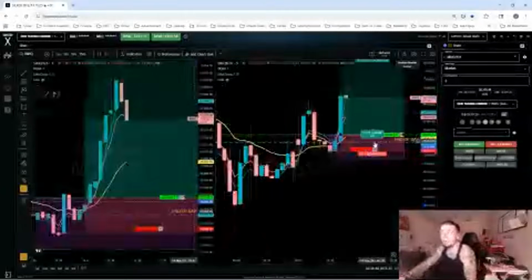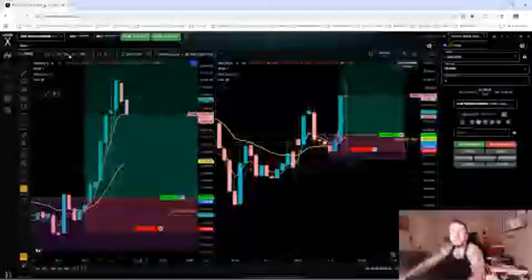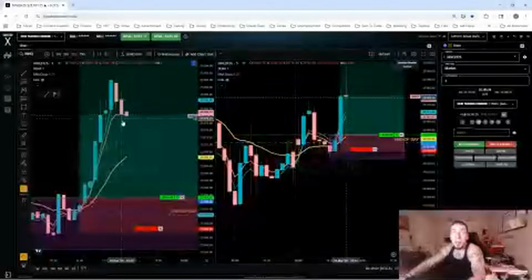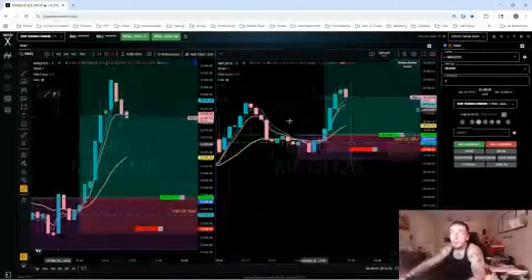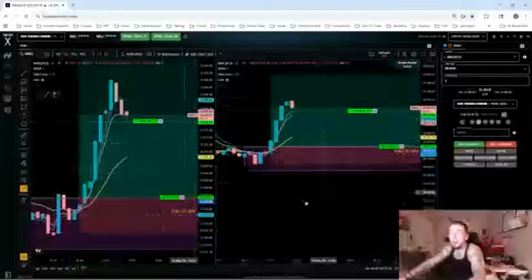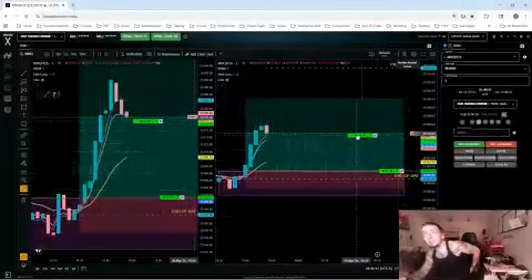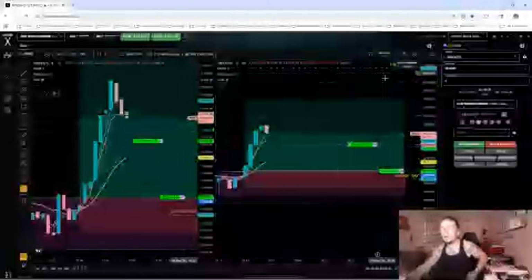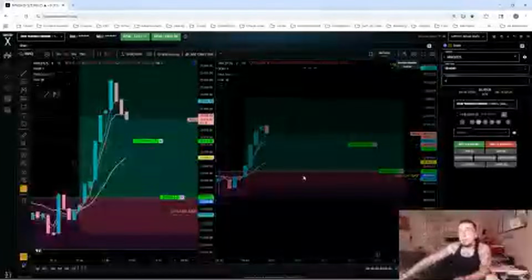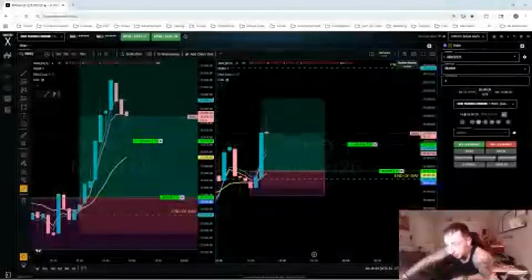All right, what do I want to do? It's the 1 minute, and we've got the 5 minute super extended. You know what, guys? Let's not be stupid tonight. I'm going to keep that right there and lock that in if it hits. Actually, no. I'm going to hold it. I think we could potentially come up to previous day high.